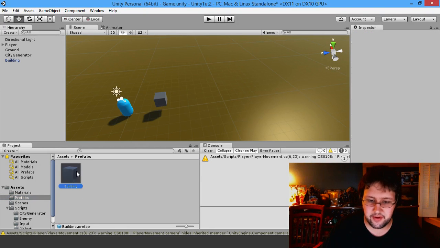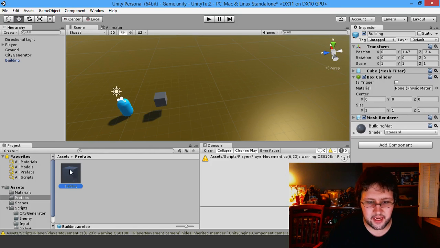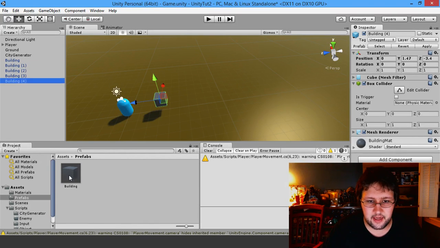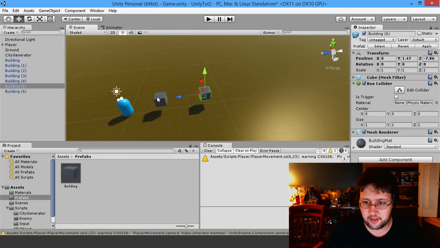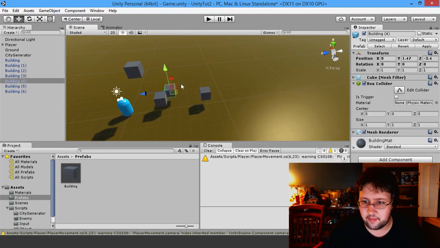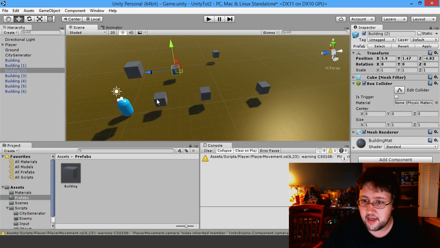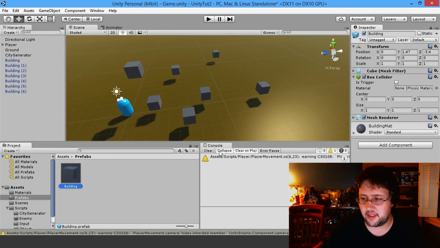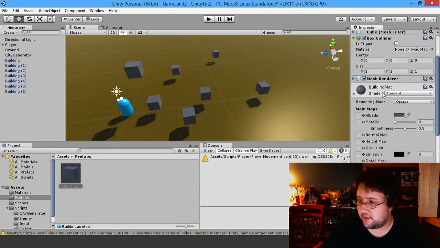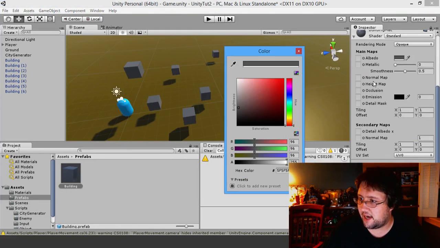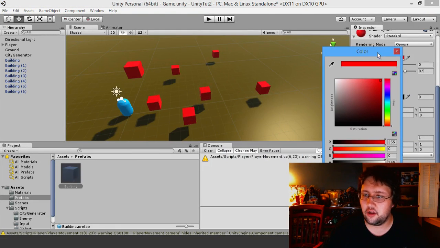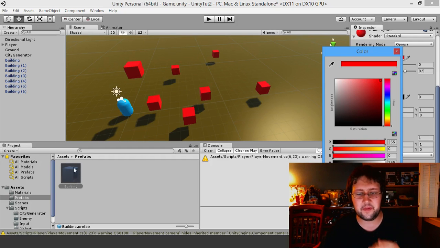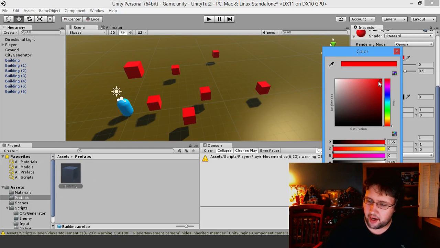So here's the first prefab we created. What this means is I can create as many buildings as I feel like, and I can stretch them out everywhere, and every single one of them I can put on different things. But an interesting thing with prefabs is that they all take on the base principles. So, for example, let's say I don't like the gray color anymore. I'm going to come over here to the building mat on our object, and I'm going to change it to red. All of the prefabs that come out of building are now red instead of gray